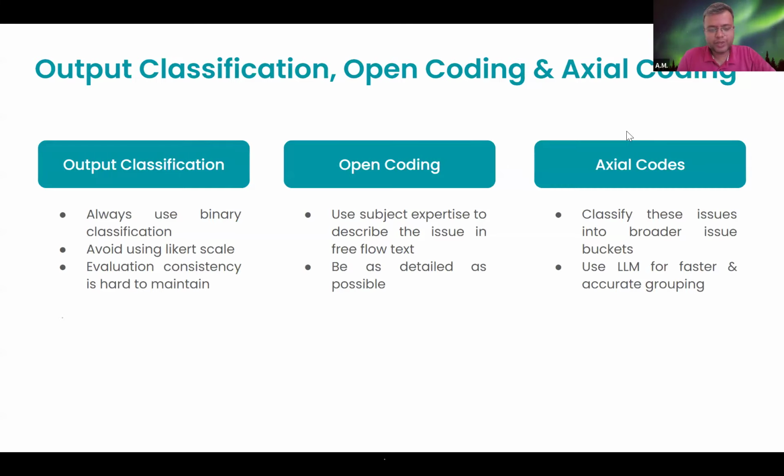What happens in axial coding is that you try to classify this free form text into broader categories. And again, with AI the task becomes slightly easier. What you can do is download all of the open codes and ask an AI to create axial codes around them. When you're writing this prompt, keep in mind to use these words specifically, open codes and axial codes,